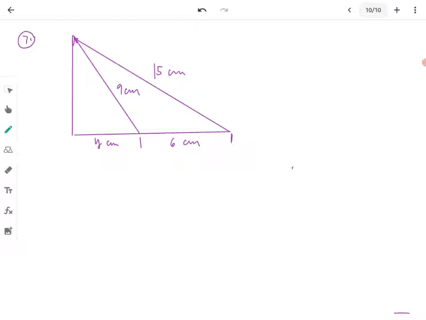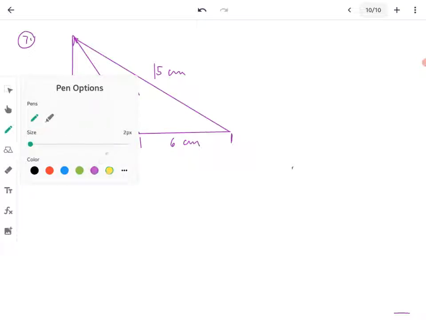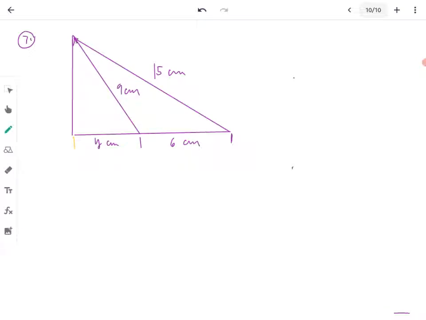Then the last problem is this one. So we have 15 cm, 6 cm, y cm, and 9 cm. So what we're going to do is look for the value of y. So what we have here is that if we're going to make a Pythagorean equation using the Pythagorean theorem of this triangle,